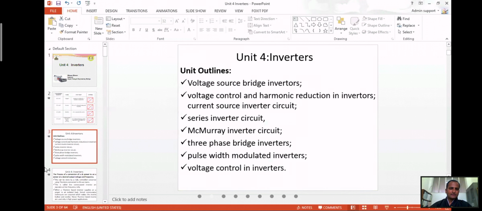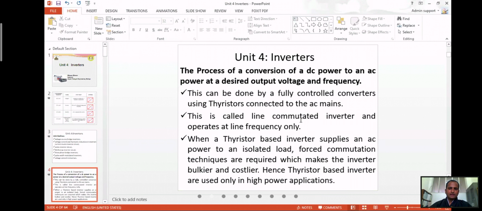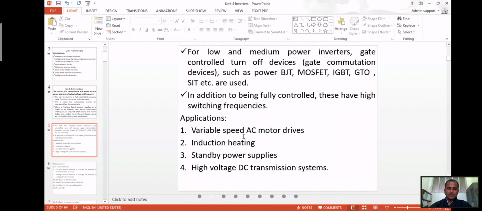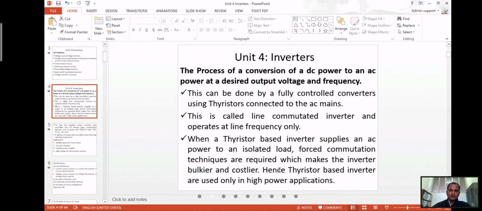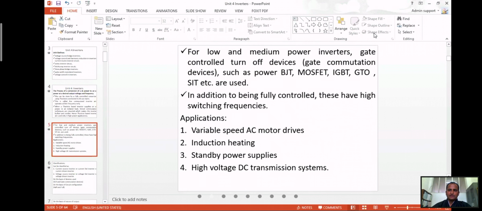We have seen the outlines, the different outlines and the process of converting DC to AC power, how it is used, and we have also seen the applications for high voltage. Thyristor-based inverters are used for high voltage, while for low to medium voltage,